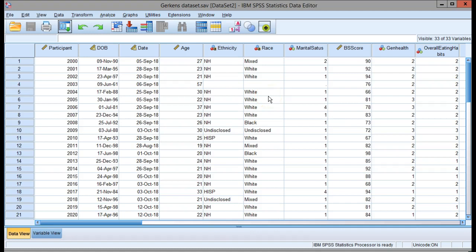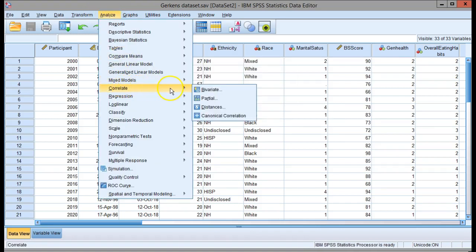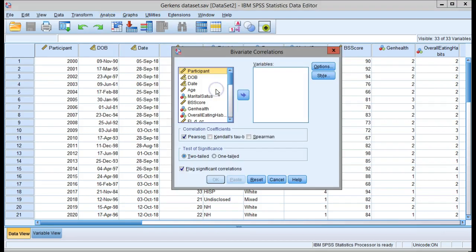assessment. And for our purposes, what I'm going to do is try to create a model that predicts body fat percentage using dietary variables, and then we'll take a look at some of the issues with multicollinearity. So the first thing that I need to know is to see how the variables correlate with each other. So I'm going to run an analyze correlate bivariate, and what I'll do here is add my variables to this box, and because most of my variables are continuous, I'm going to use Pearson's, which is already checked here. So I'm going to use age,